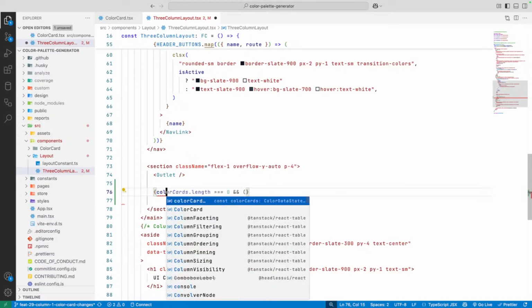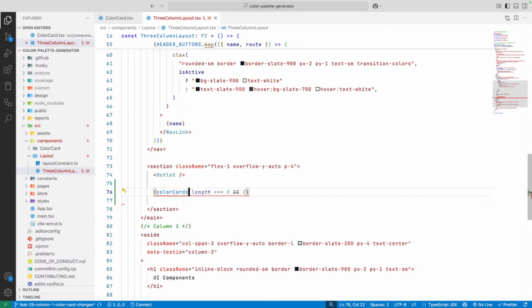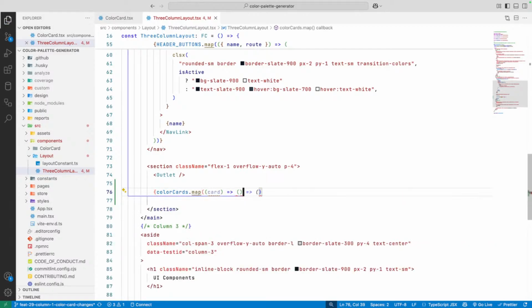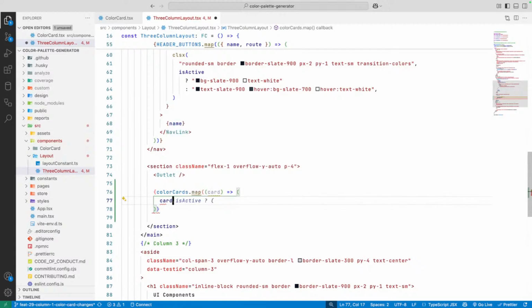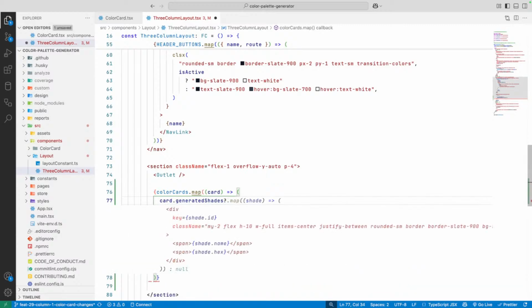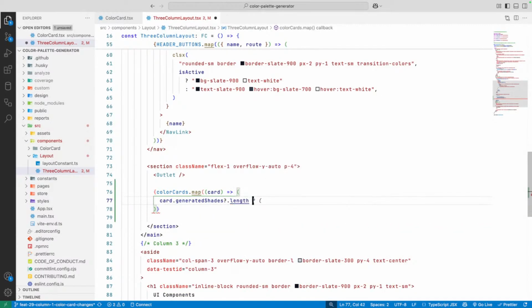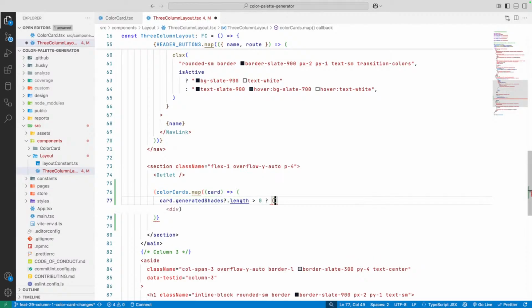So we can loop over the color cards dot map over each card, and now we can check if card dot generated shades. Okay, if there are generated shades and dot length is greater than 0, in that case